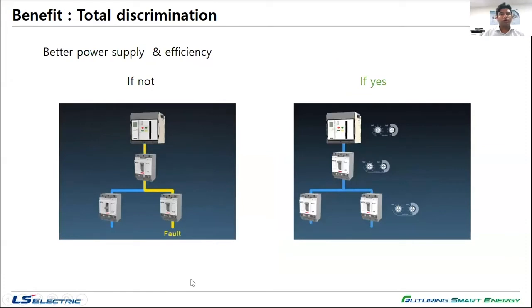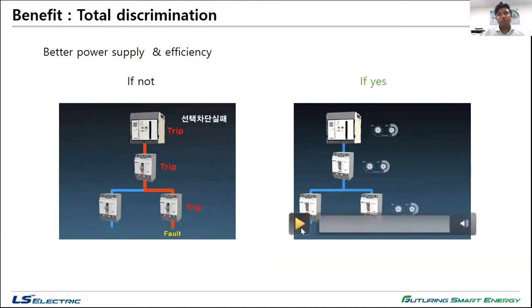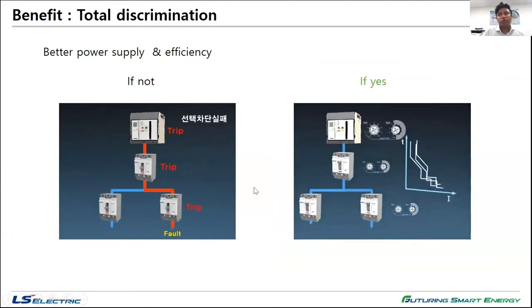If there is a fault in a downstream breaker, and your upstream breaker as well as your ACB is tripping, what does this do? It will cut off all the power to the complete building. Let's say it's a manufacturing unit, the complete manufacturing unit will be shut down. So it is costly and it is not efficient. Now, if you use a completely discrimination based approach and you are able to move the curves according to your requirement,